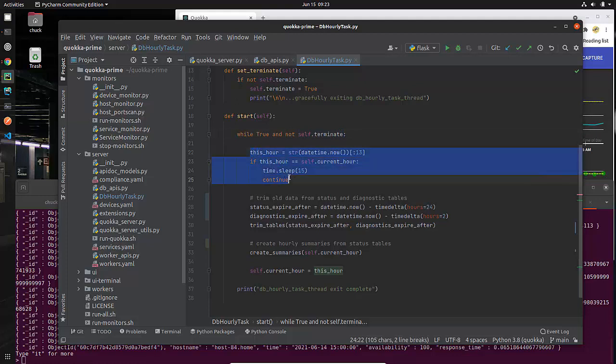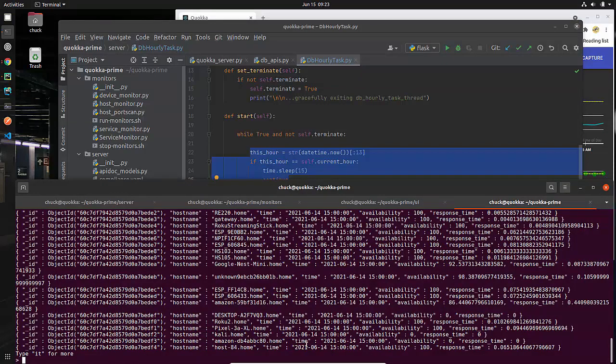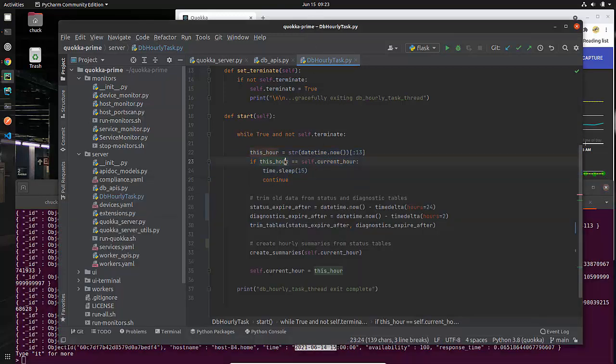Here's the waiting code. Basically, it's going to get what is my current hour. Remember, the hour is not just 15 as you see down here, but the current hour is this entire thing. So this will only be true for 1 hour of all of our lifetimes, because we will increment the day, and we'll increment the month, and we'll increment the year, etc. So this is guaranteed to be unique. So if the current hour is what this hour is, then I'm just going to go to sleep. Now I'm sleeping for 15 seconds here.